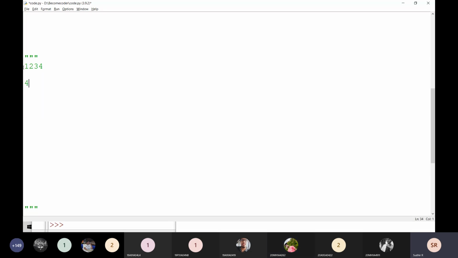Just replace like this: 4, 2, 3, 1. I'm not reversing the number here. Just observe, I'm not reversing the number. I'm simply going to swap the first value and the last value. 4 is coming to the first position and 1 is coming to the last position. Is it clear? Yes, sir.